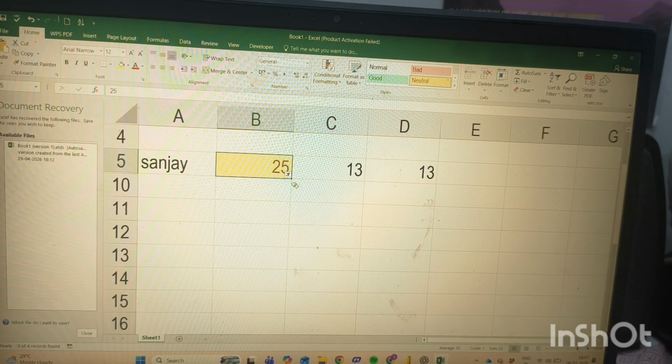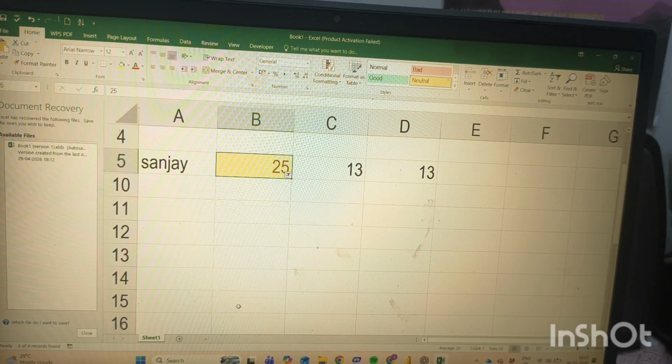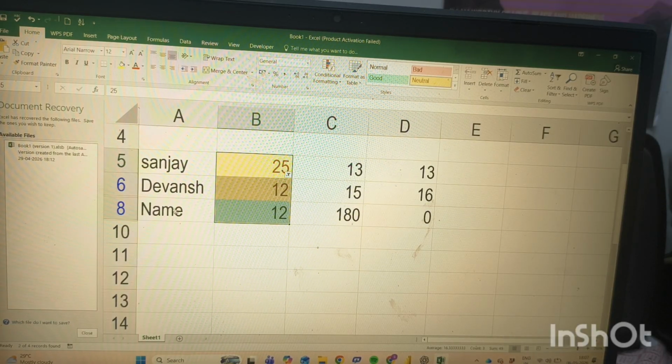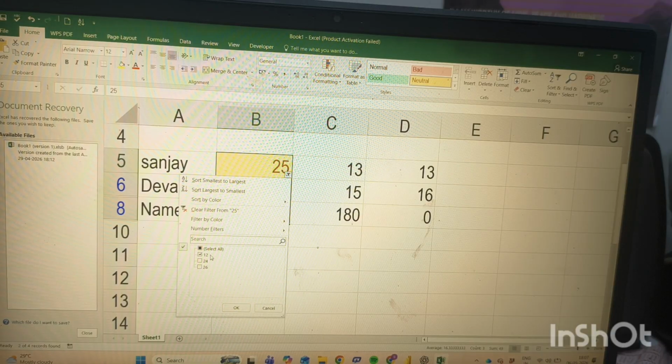After applying the filter, a funnel-type image will come to show that you have applied it. After clicking there, you will get all the numbers that were in the cells, and when you select, it will come naturally. The name is also coming, and after applying, the remaining number will also come.